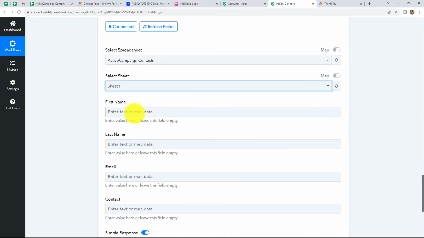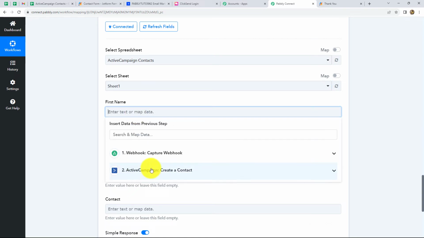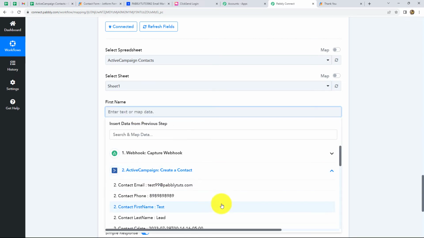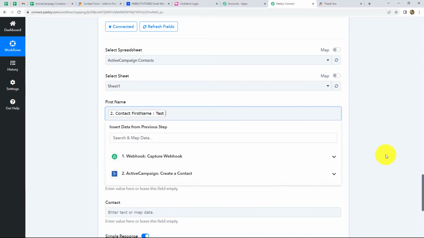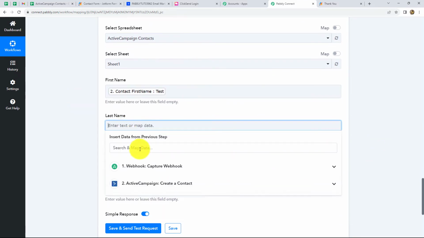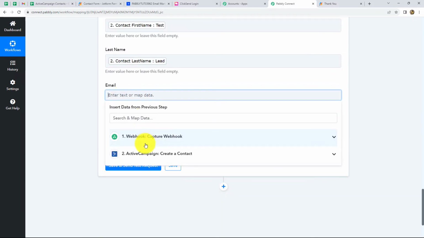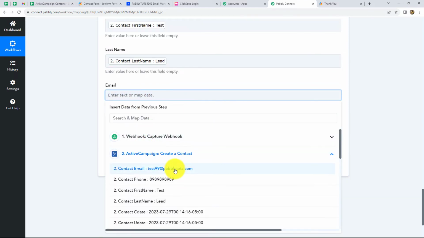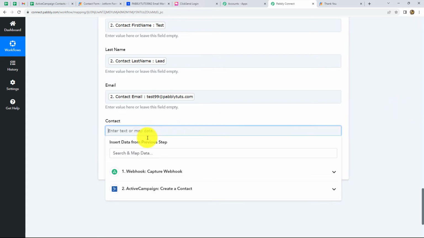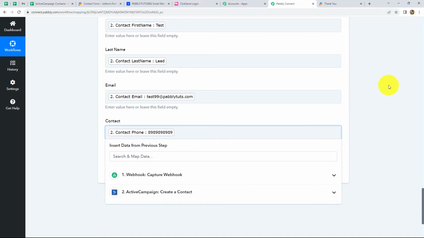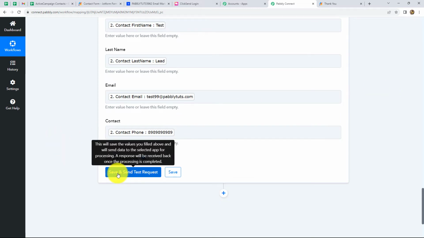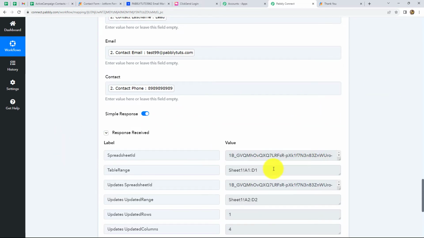Now next is first name. So let's start mapping these details from our previous step, which is ActiveCampaign. So our first name is test and our last name is lead. Email also, and at last the contact. Done. Now we have to simply click on save and send test request, and we can find that our response